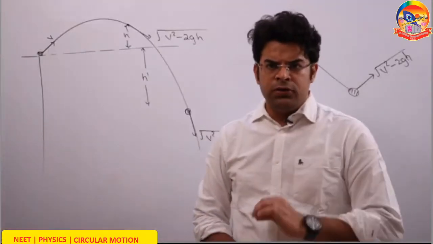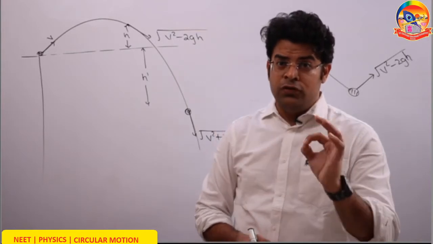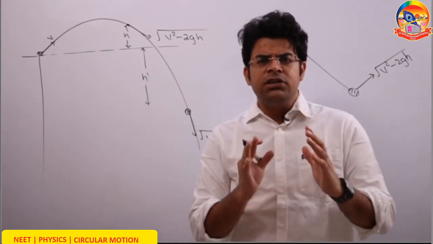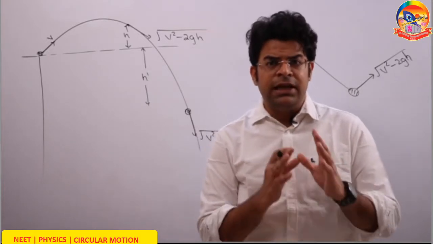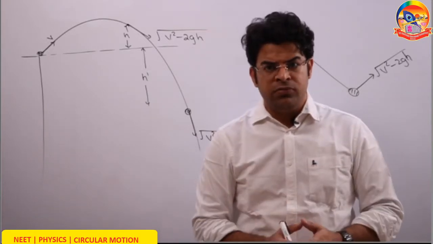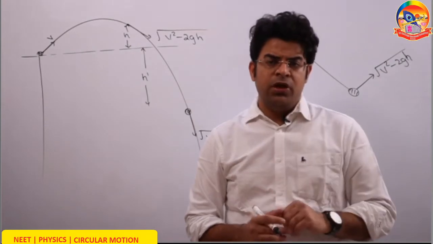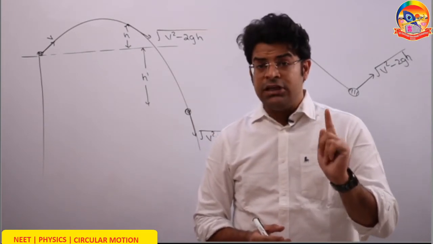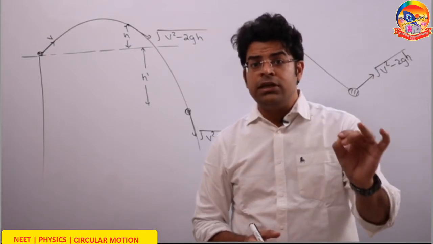So now we will talk about a trick which I use to solve vertical circular motion questions faster. The biggest amount of energy in vertical circular motion questions gets wasted in making the energy equation. I completely bypass it. How? Remember that only gravity does the work, which in most vertical circular motion cases it does.